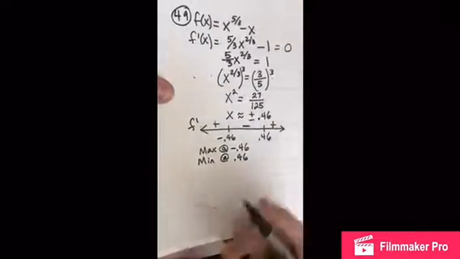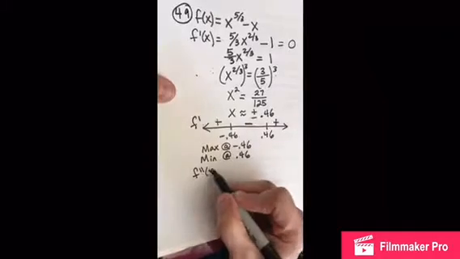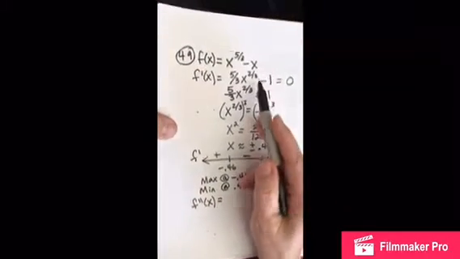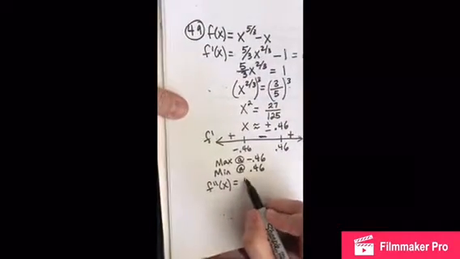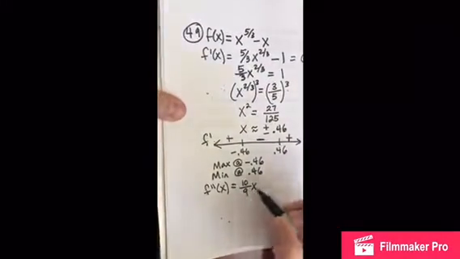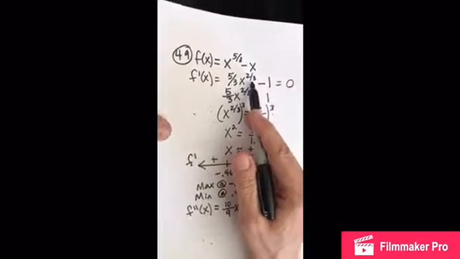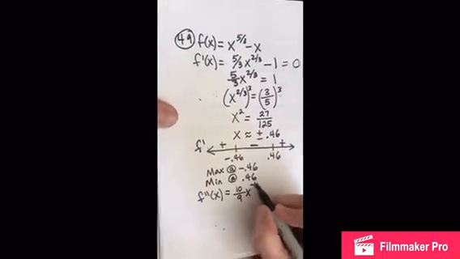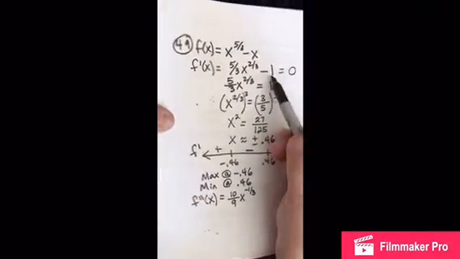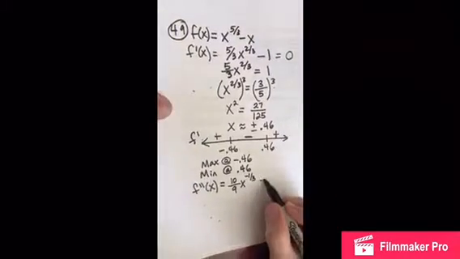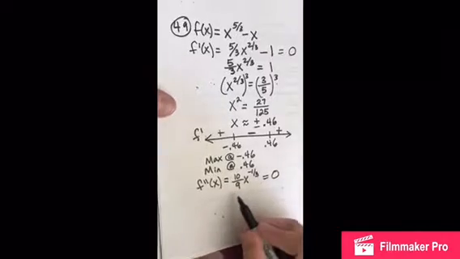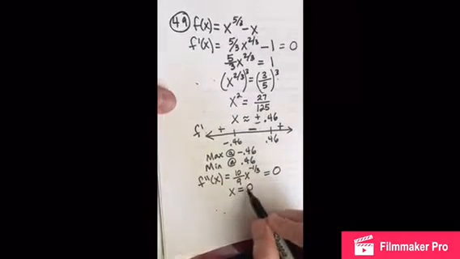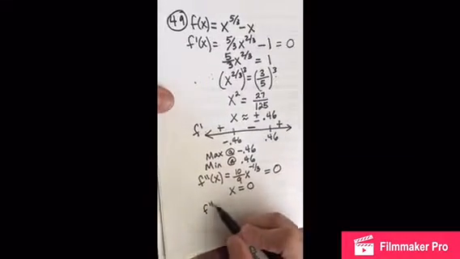Now we take the second derivative. A little tougher because we have to take the 2/3 times the 5/3, which gives us 10/9, and then decrease the 2/3 by 1, which would be negative 1/3, and then the derivative of 1 is just 0. So we set that equal to 0. And the only way that this could equal 0 is if x is 0. So we put that on our number line,